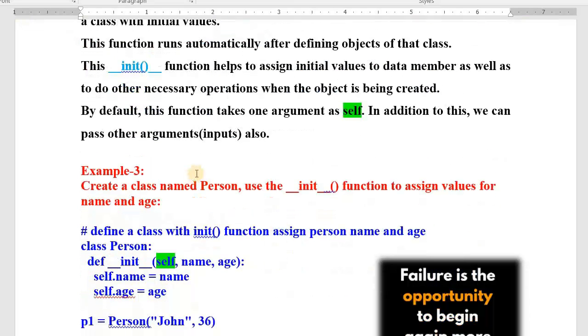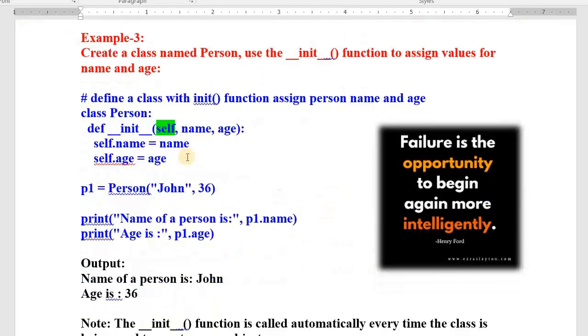Okay, this one I will explain in the next example. No problem. I hope you understood this program. I defined one class with one function, init. I am passing two values. First name will be assigned to the name data member, age will be assigned to the age data member, and